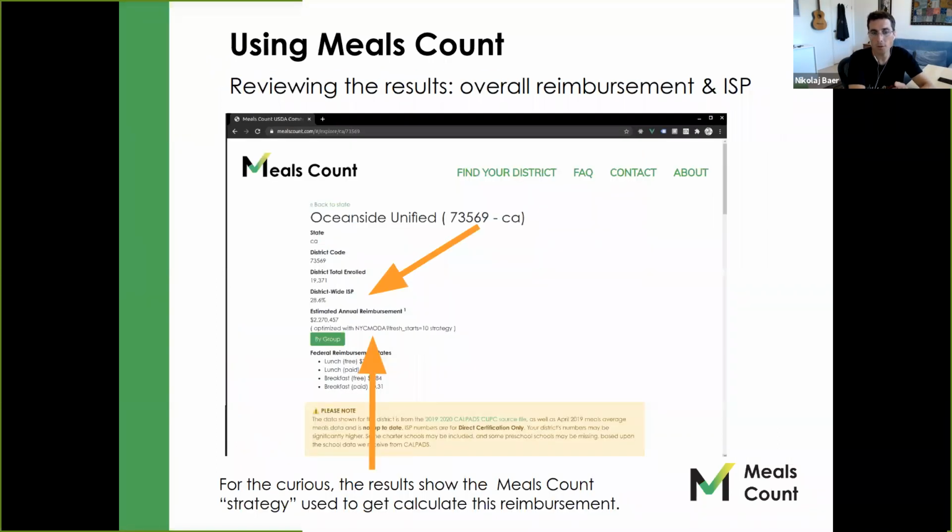If you scroll up, you can see some aggregate information. You're going to see things like the estimated annual reimbursement on the whole. For the curious, it will show you which algorithm had the highest results. So we've got a basket of different algorithms. Emily's been working with a special team to add one more there. Hopefully it will give some increased results. So really excited, that should show up this week. We're always trying to improve those algorithms that are doing the number crunching behind the scenes. But at the end of the day, we pick the one that gives the best result.